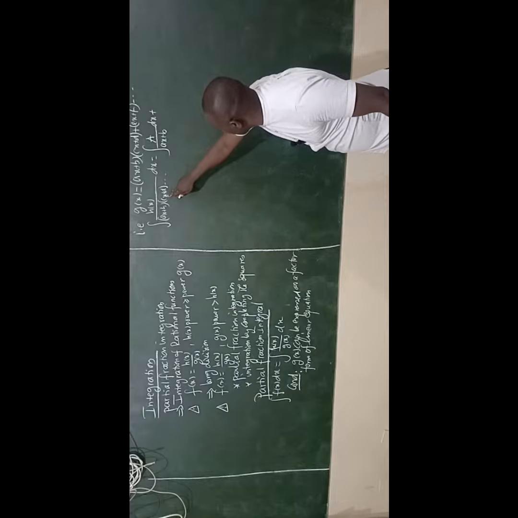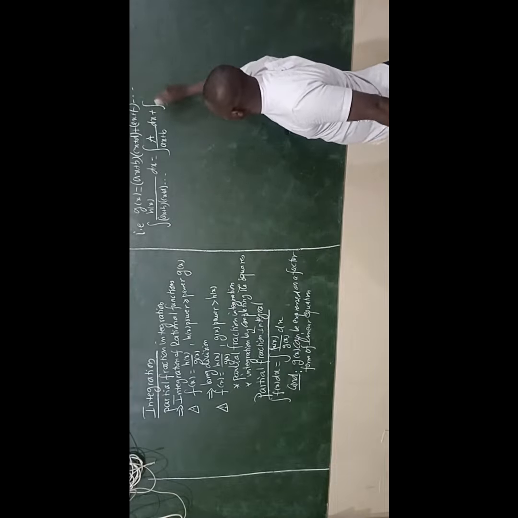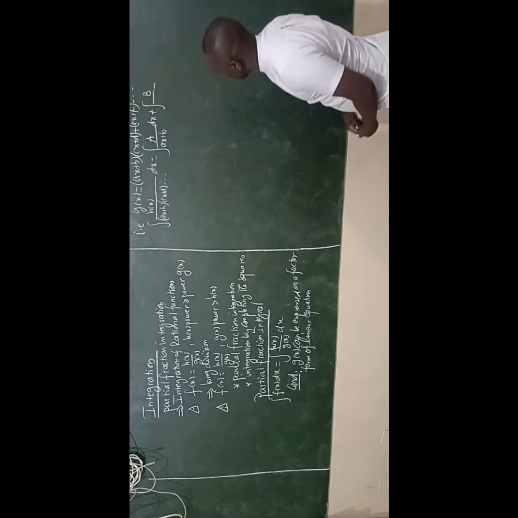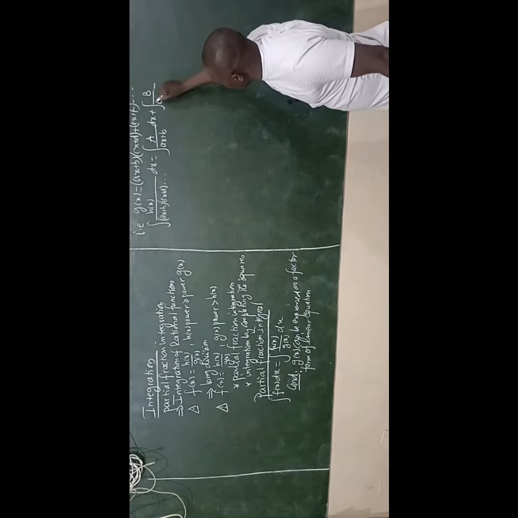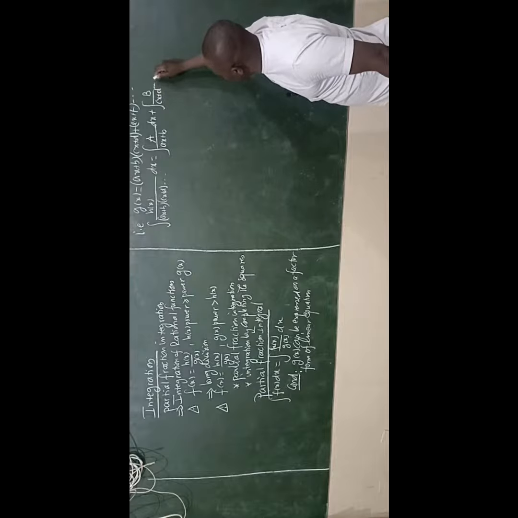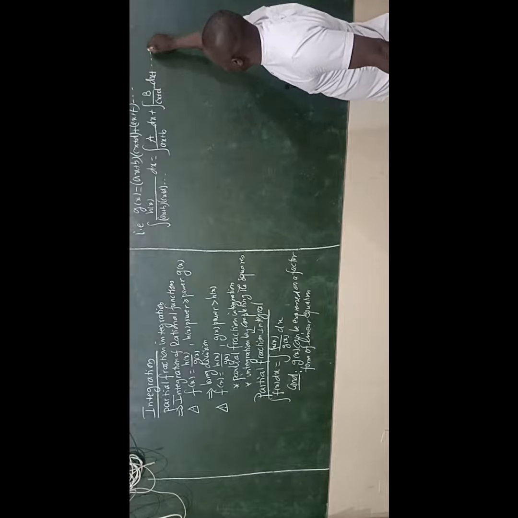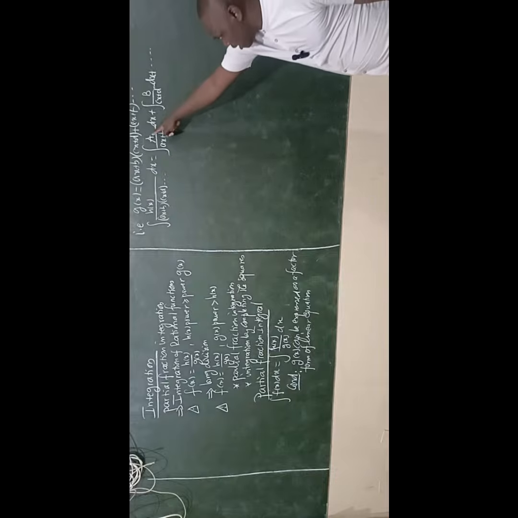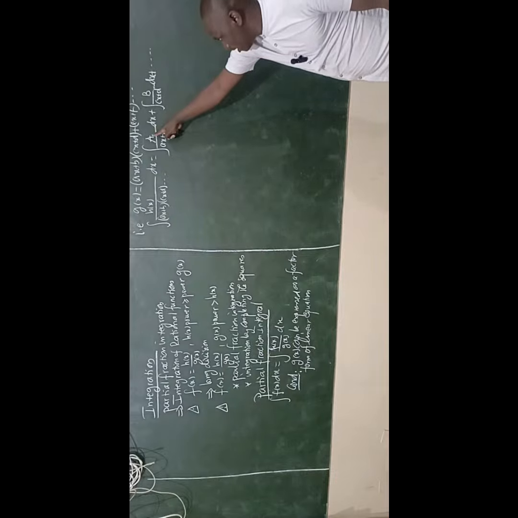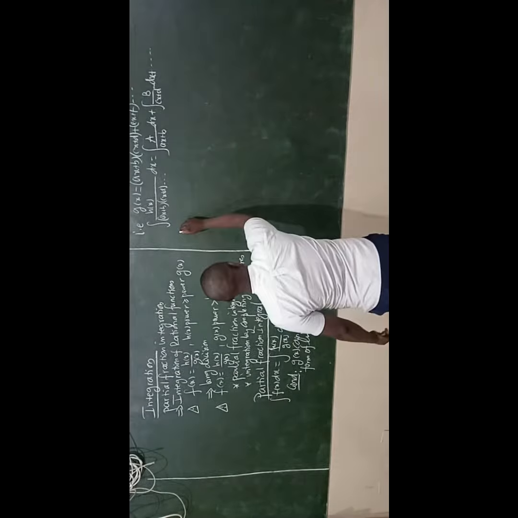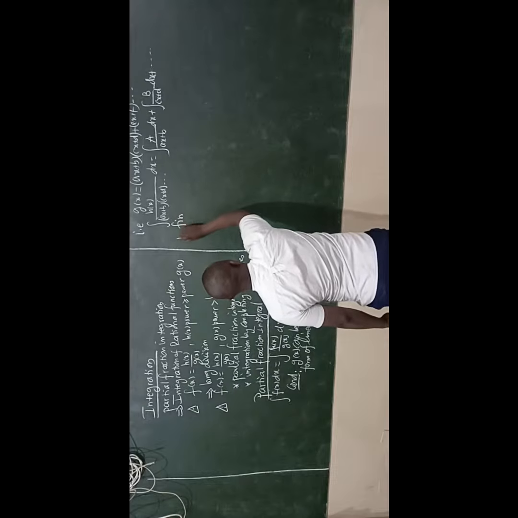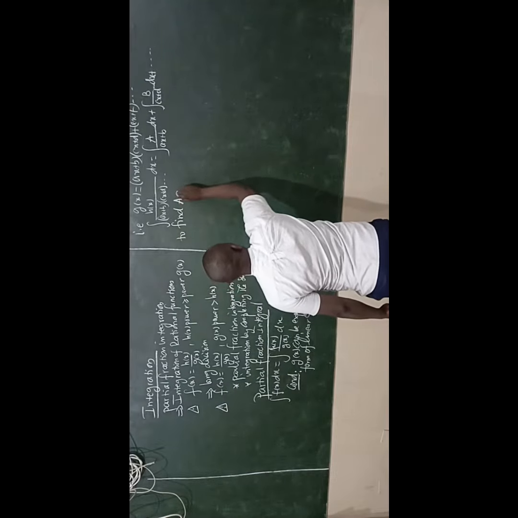We have the integral of uppercase B over cx plus d dx, plus and so on. The way you find the uppercase A and B,